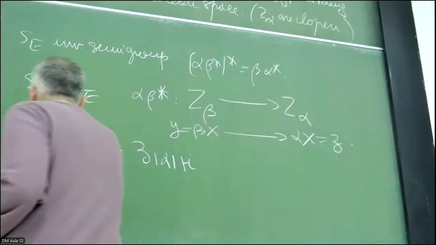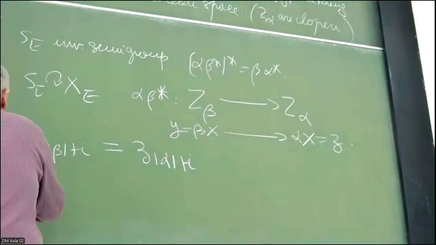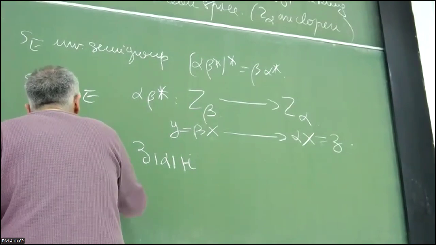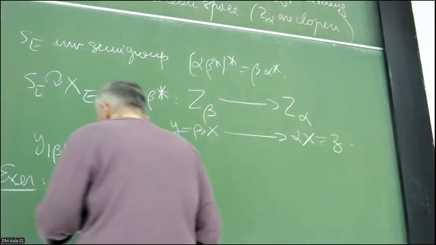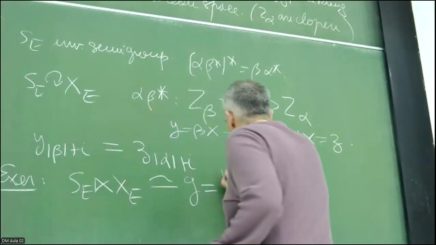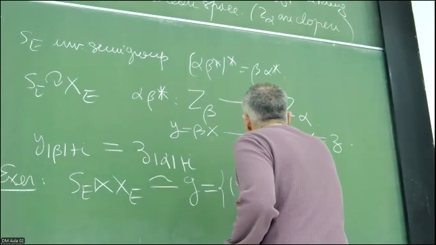And well, one can show as an exercise that S_E cross X_E is in bijection with the set of all pairs Y, K, Z,